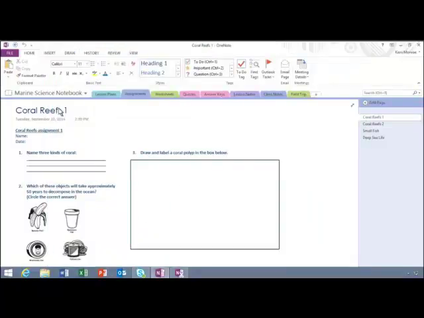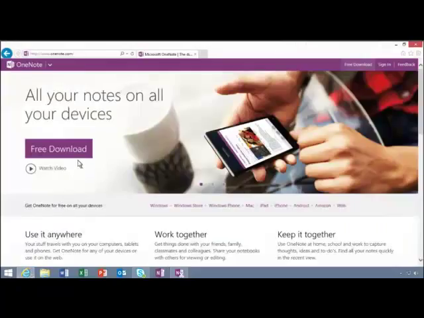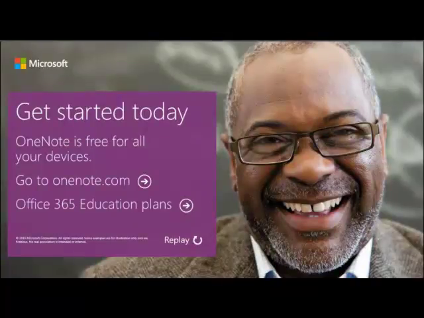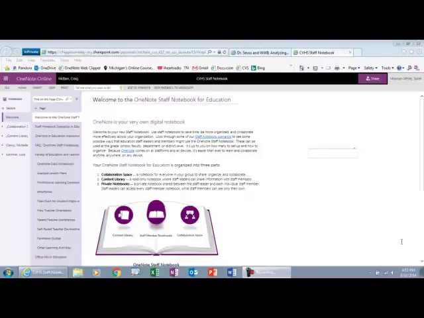OneNote can help you do all of this and more. It begins with a free download for all your devices. To download the free version of OneNote, get started at onenote.com. Now that you know a little bit about OneNote, let's take a very brief look at the OneNote staff